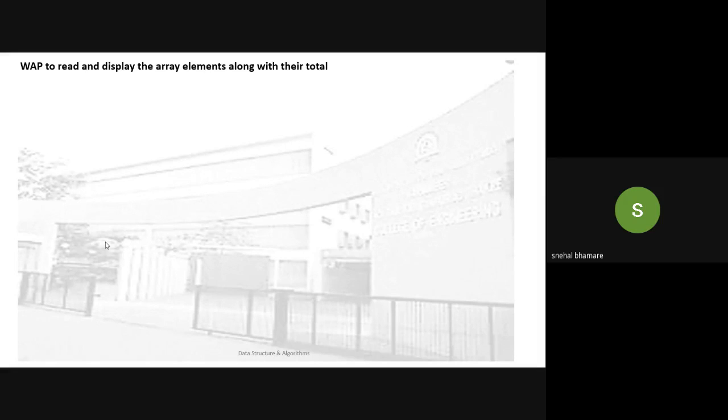Got the problem statement? Okay, so first statement will be as usual, including the hash include iostream.h header file, then using standard namespace and all that. After that we will start with the main function. In the main function, what I will require, I'll require one array, and for storing the addition of those numbers, I will require one variable, let's say sum, initialized to 0. Initially the addition will be 0, hence it will be initialized to 0.